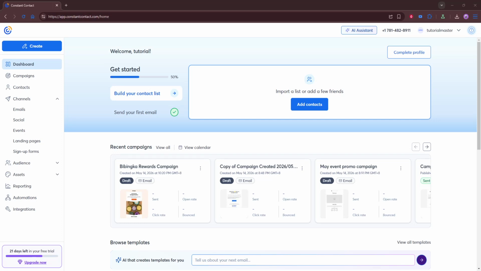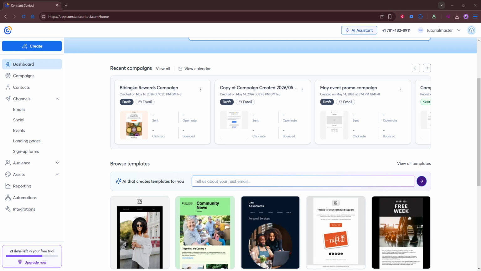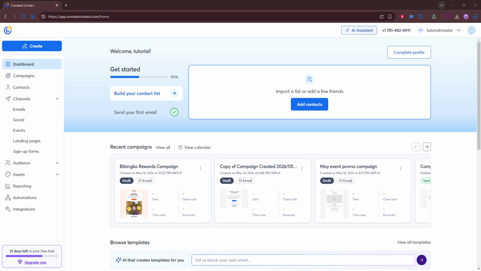In today's video, I'm going to teach you how to resize an image in a Constant Contact email campaign. Resizing images the right way helps your email look polished, load quickly, and display well on both desktop and mobile. I'll walk you through the process step by step, and along the way, I'll share simple tips to help you